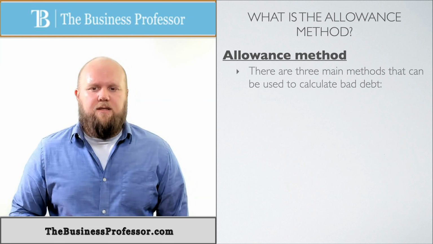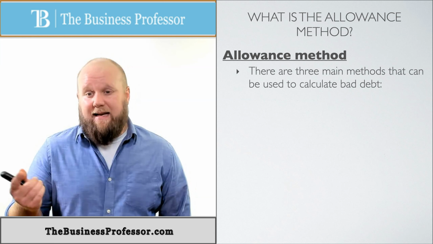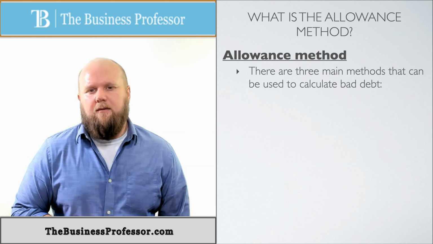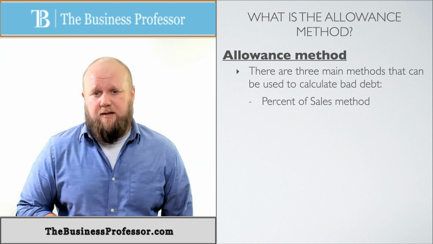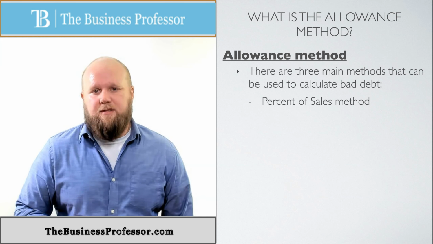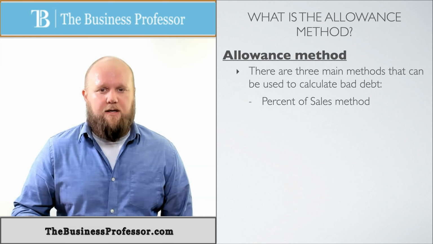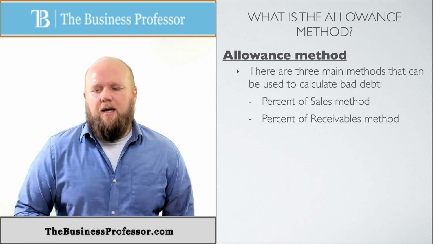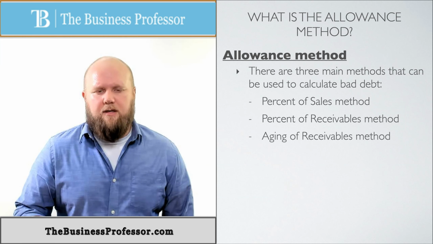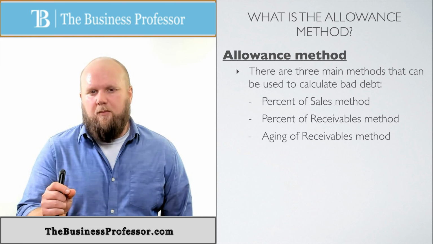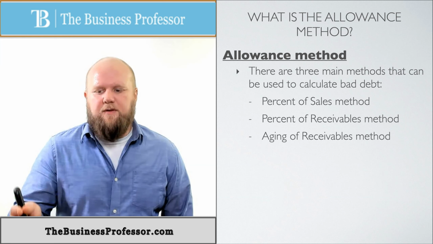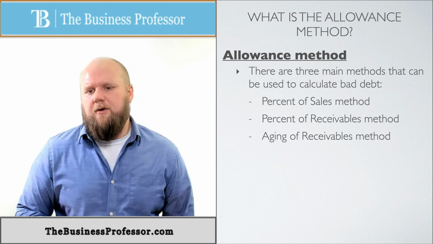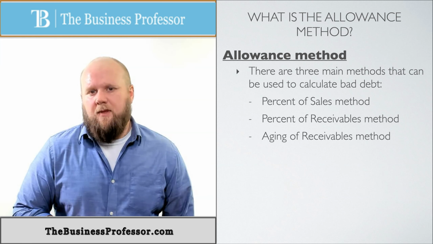So there are a few ways that we can find out that bad debt. There's three main ways that we can calculate bad debt. The first one is going to be a percentage of sales method. As the name implies, we're going to take a percentage of what we sell for that year. We also have percentage of receivables method, which is the percent of whatever our receivables balance is. And then we also have the aging schedule or aging of receivables. And that makes it a little bit more accurate because we itemize those things a little bit better. But in the next videos, we're going to be talking about each individual one of those and how we do those methods. Appreciate it.